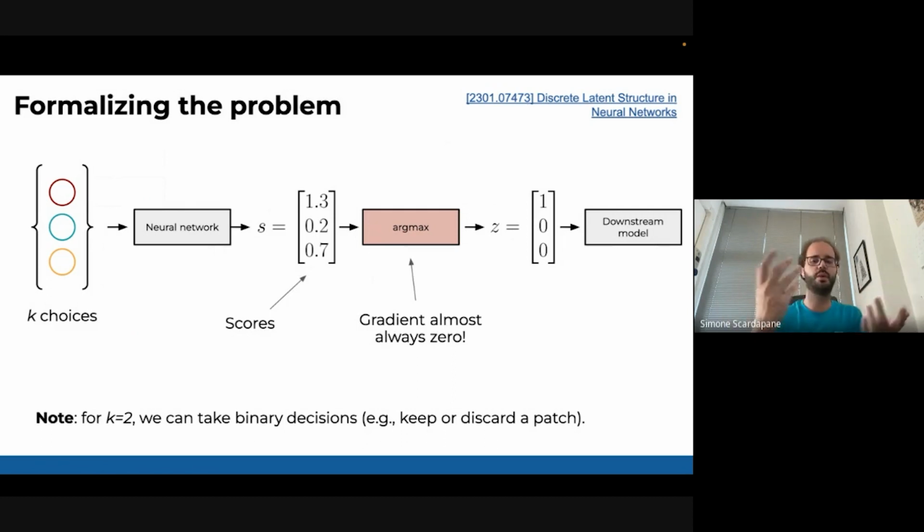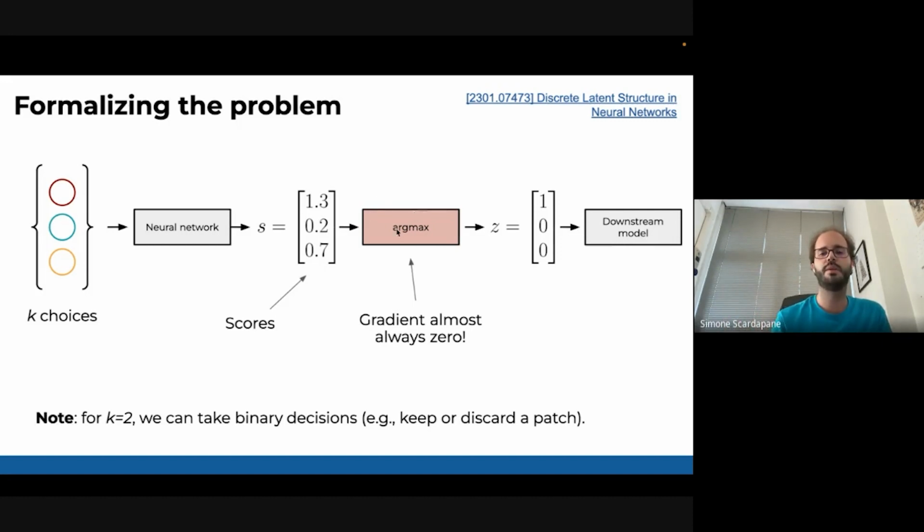Let's take the simplest possible decision. I have a score for every choice here, and I want to take the maximum. I can interpret these as unnormalized probabilities. So you see 1.3, 0.2, 0.7. This is telling me that the first choice here is probably the most important one.